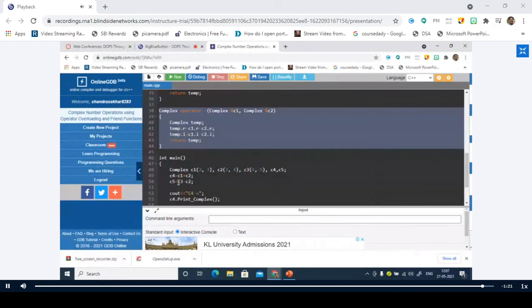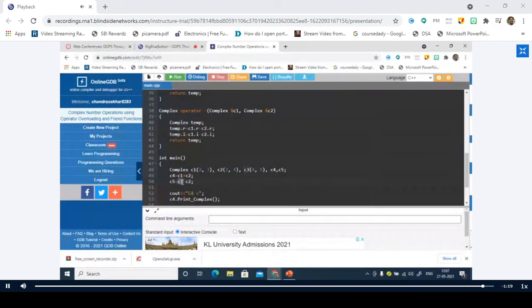C3 is the left operand and C2 is the right operand. When you call this function, C3 will be copied into C1 and C2 will be copied into C2. Is it clear?